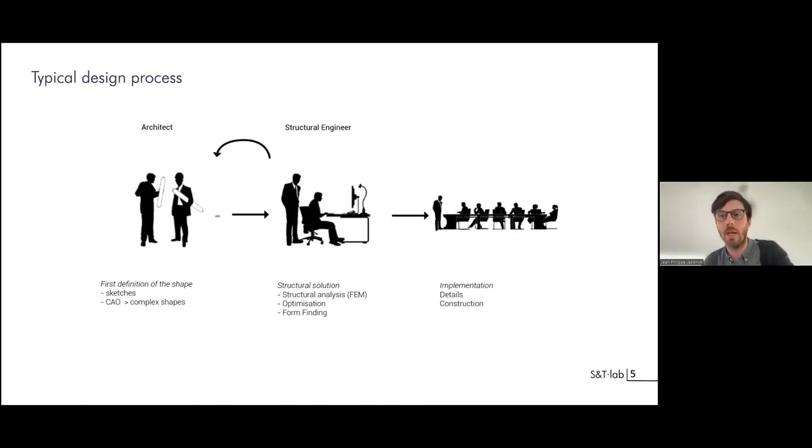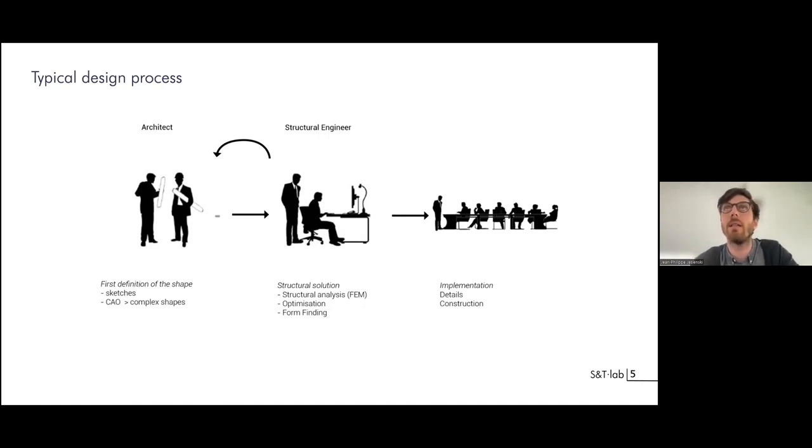We can come up with very strong, diverse, and sometimes very complex architectural ideas. And so the plan is to go and see the structural engineer and work together so that it stands and